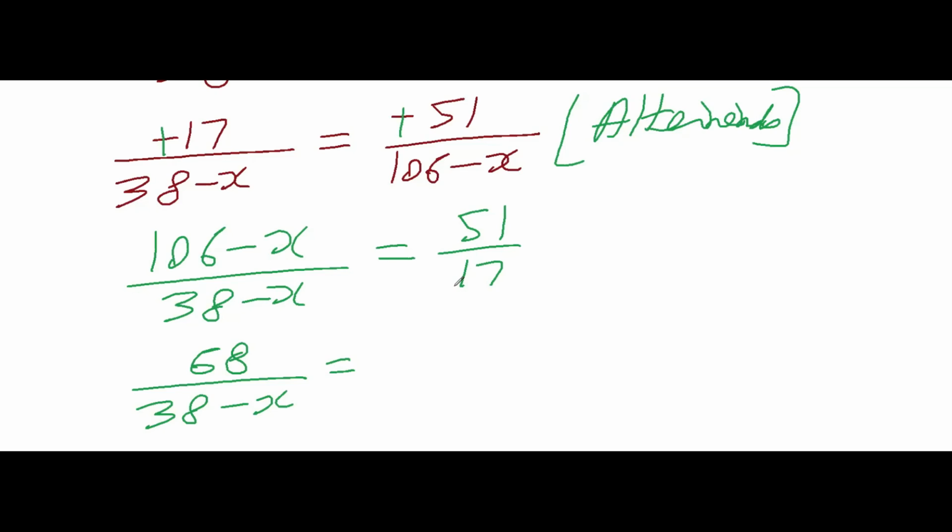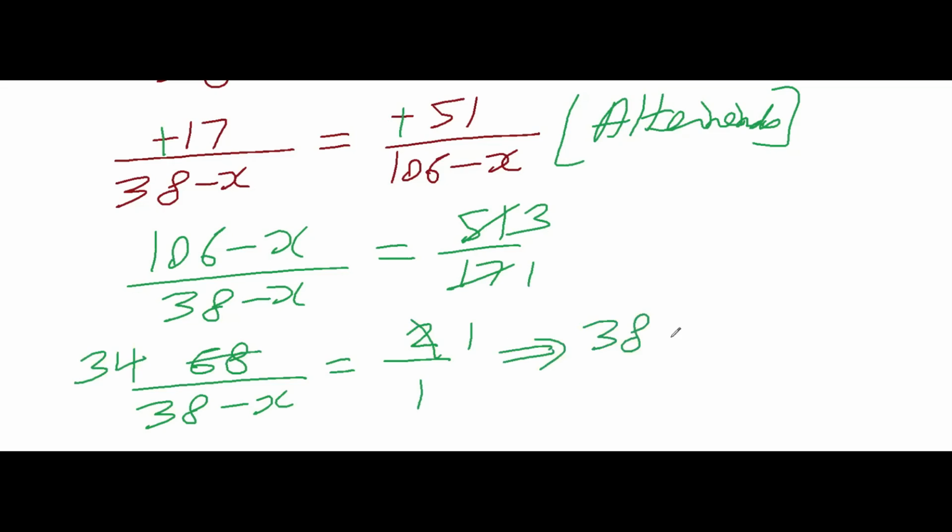Can I reduce this further? Yes, I can reduce. How? I can reduce this: 17 1 ja 17, 17 3 ja 51. Then 3 minus 1 is 2, so 2 upon 1. Now this I can again reduce. 3 1 ja 3. Then here 3 3 ja 6 and 3 4 ja 8. Now I am going to cross multiply. I will get 38 minus x is equal to 34. x is equal to 38 minus 34. So the answer is 4. Got it?